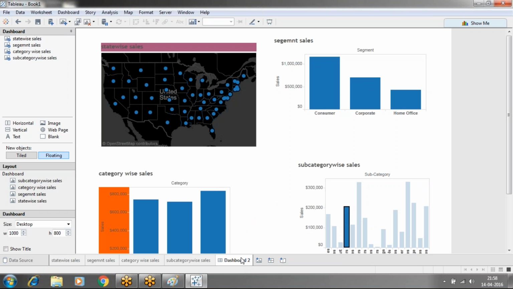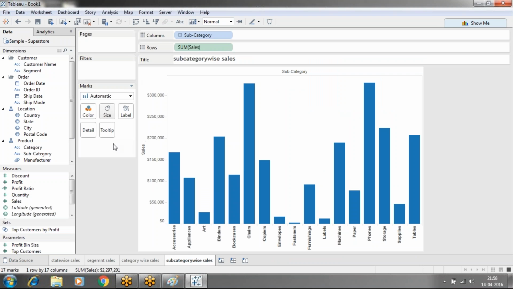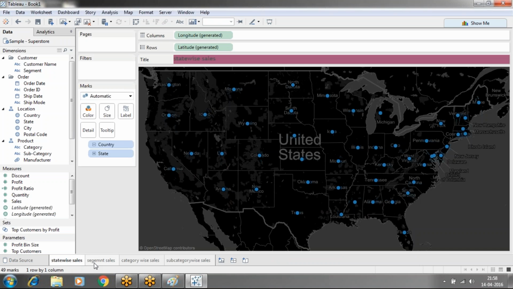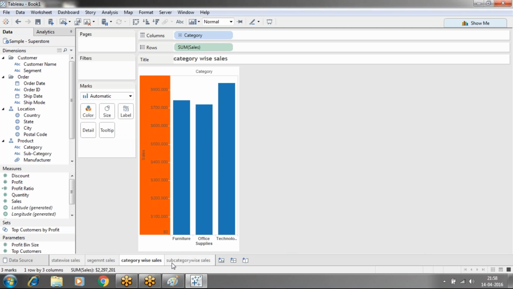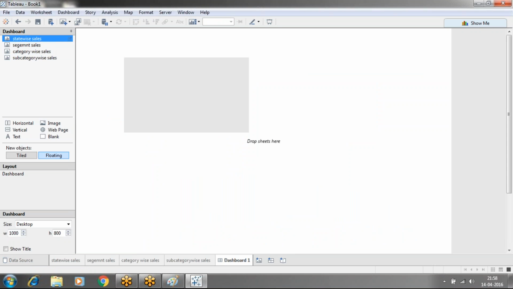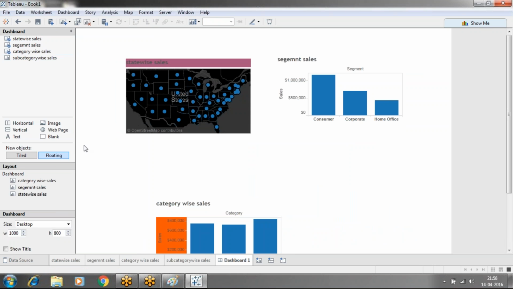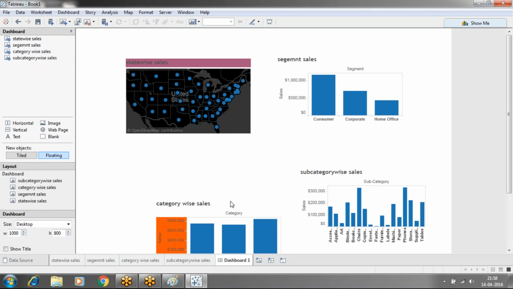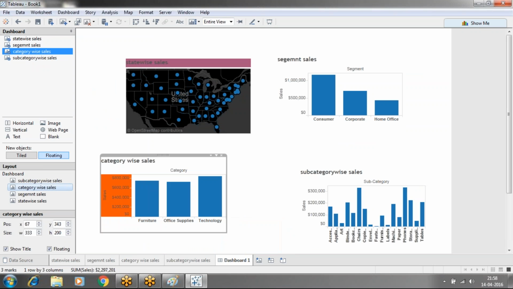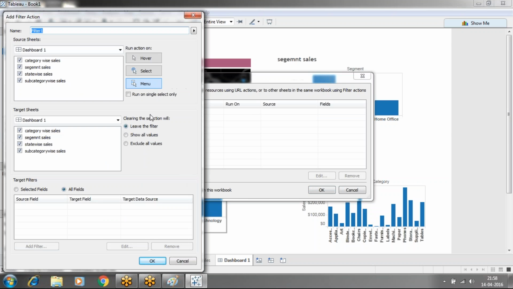just 1 minute, I will remove this dashboard. I will create one more dashboard, delete sheet, and come for state-wise sales and segment-wise sales, category-wise sales, and subcategory-wise sales, creating some dashboard at this level, and this level, and some other level. I'm going to place all these things. I'm going for dashboard actions. I'm going to click on add action. I'm going to filter action,